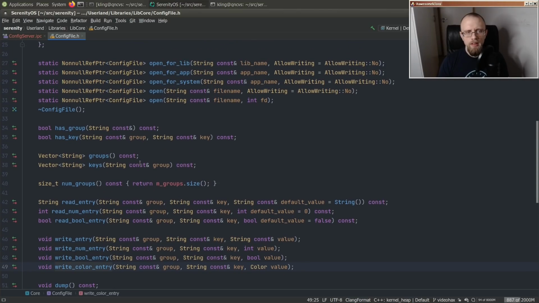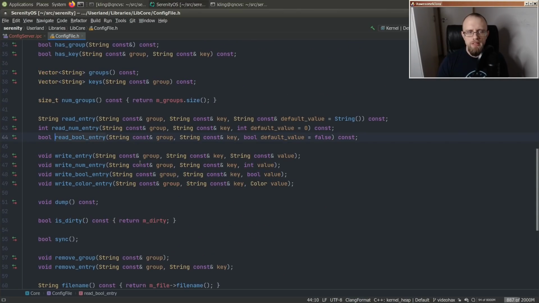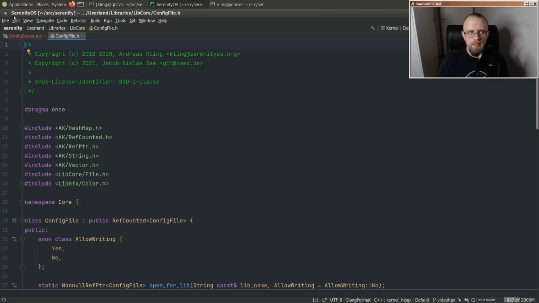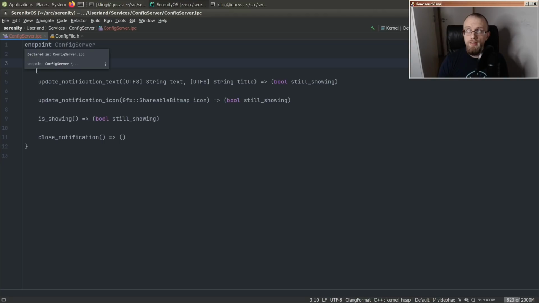But regardless, we should probably look into making the config server provide a bit more strongly typed values. But in this first cut, we're just going to mimic the existing config file API. So I think we'll have read string entry, and well,